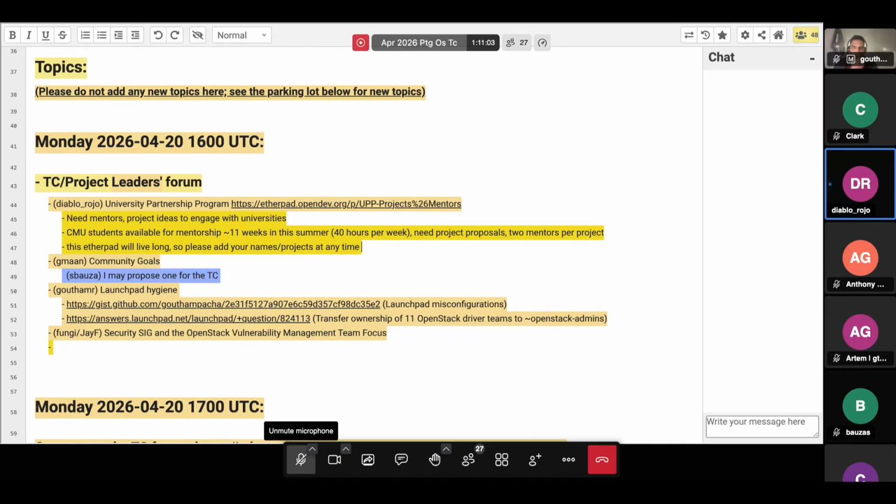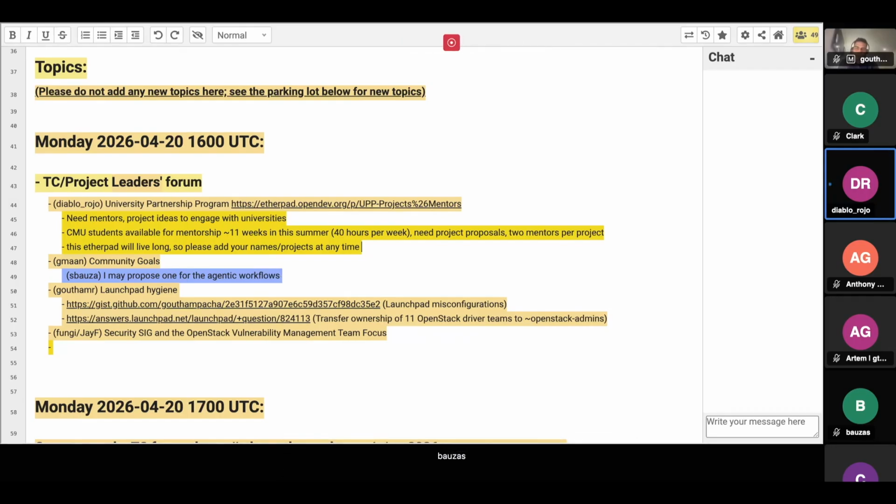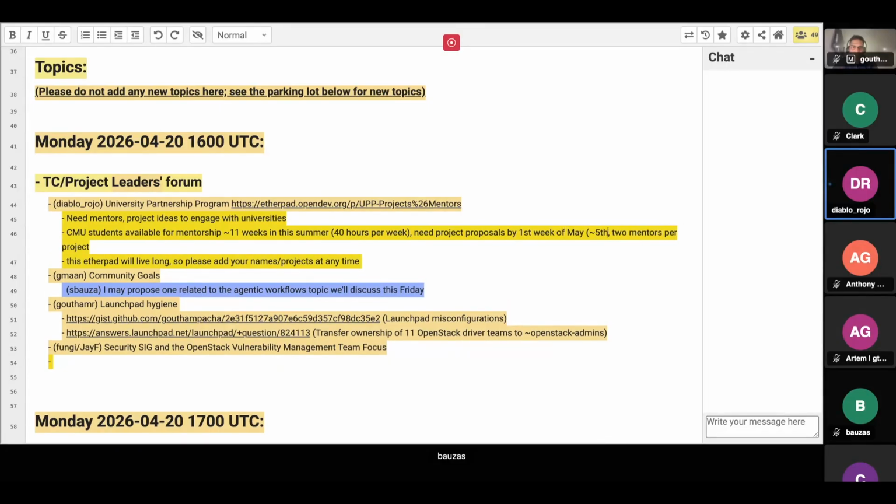For Carnegie Mellon specifically, if you want to be a part of that round of proposals, I would say if you could have your project proposals in by like the first week in May, like May 5th would be great. And then if there's any other conversation, I'm happy to put you in touch with the professors so that you can get your questions answered directly and I don't have to be the bottleneck. But yeah, so to participate in the Carnegie Mellon round of mentorship over the summer, let's have project proposals by May 5th.